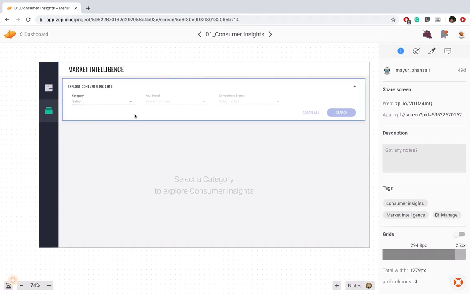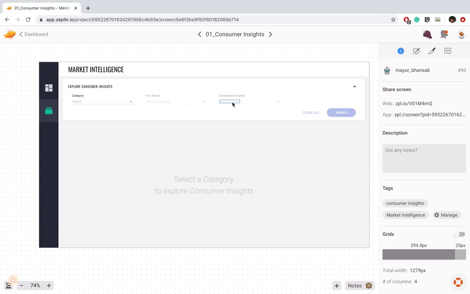Now out here you select the category, and out here this is very important, you have to select the brand for which you want to see the data and the brands against whom you want to benchmark the entire analysis. For Myntra users, they will be able to select the competing brands. When it comes to external users, we are going to predefine these competing brands for the external users based on the brand, article and gender configuration, which is a bag.